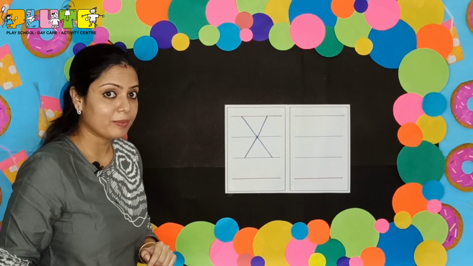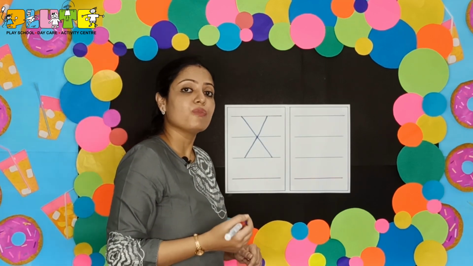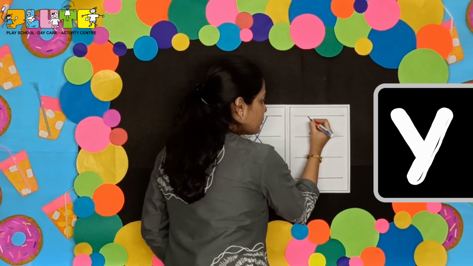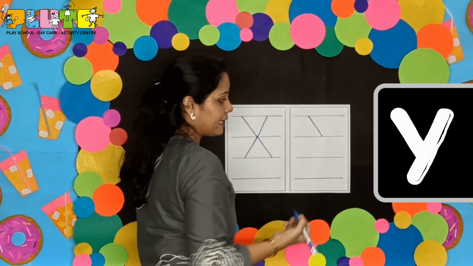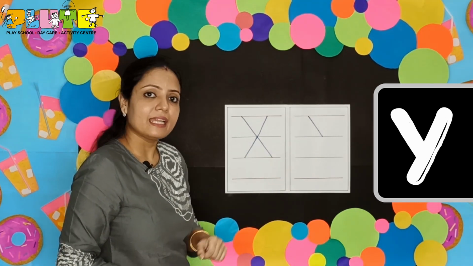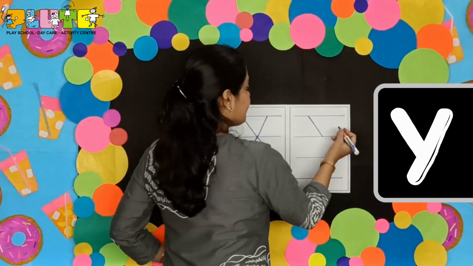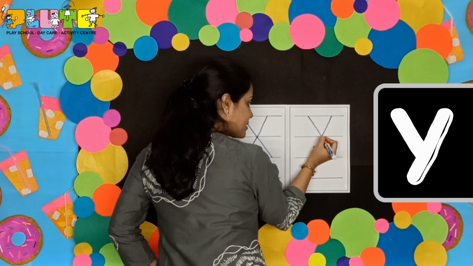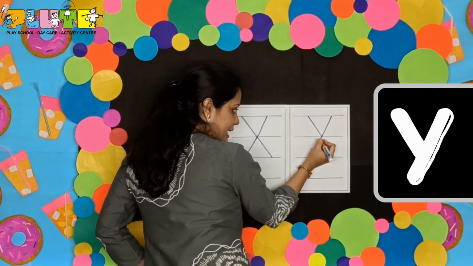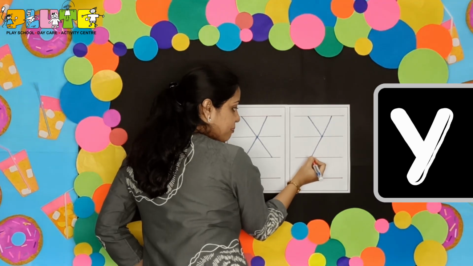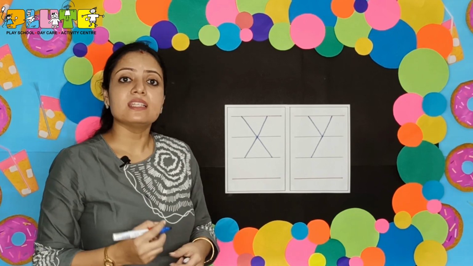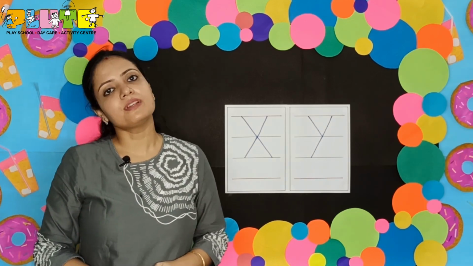The next alphabet that I'll write is Y. For Y also we will be using two slanting lines. First I will draw a small slanting line from the first line, slowly going down till the second line up to this. Then again I will draw another slanting line from the first line, pull it downward till the second line, and then again I will drag the slanting line till the third line. So children, this is Y. So X and Y, these two letters can be done with the help of slanting lines.